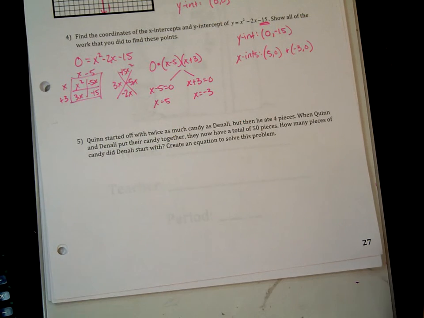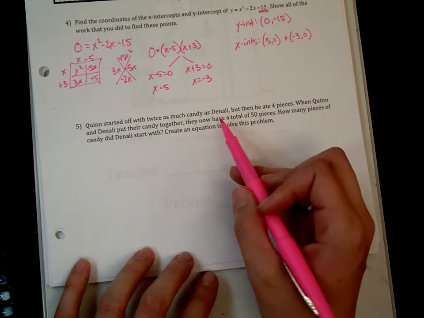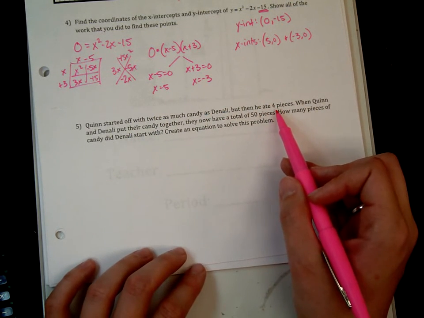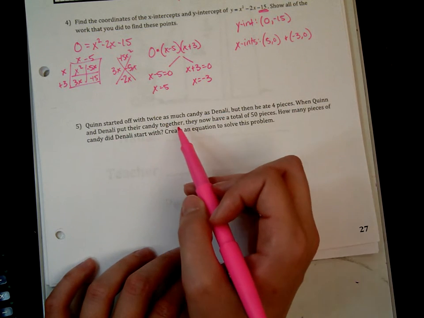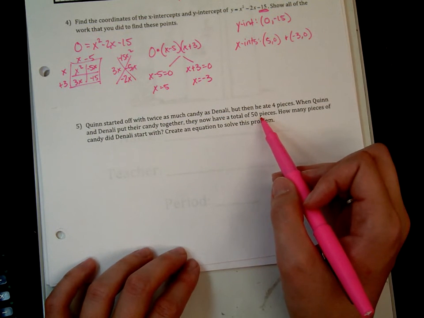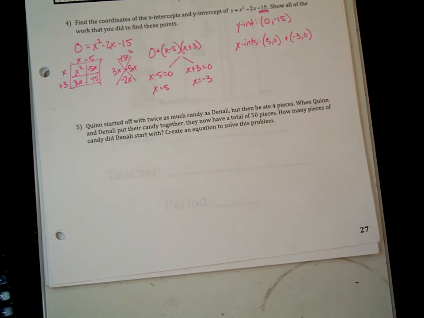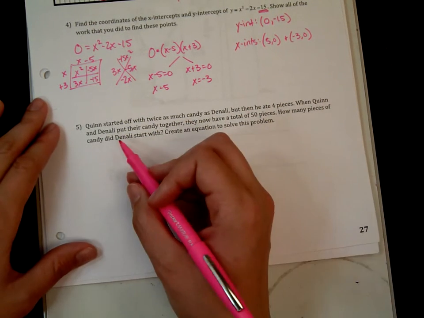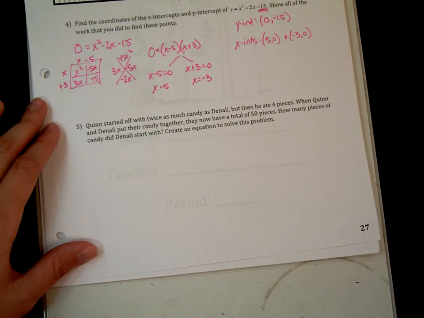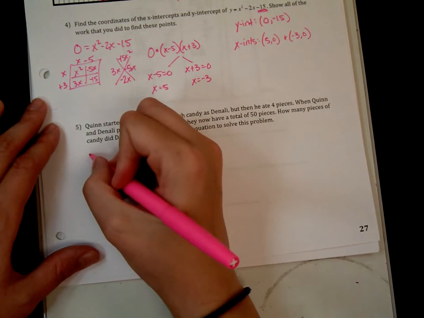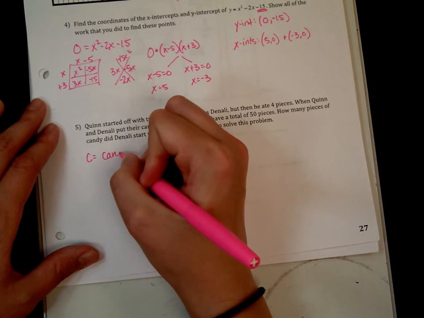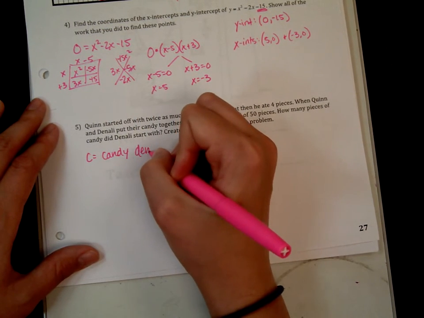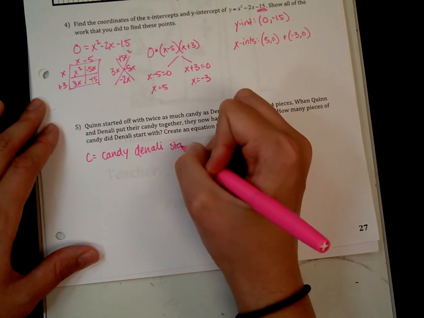Quinn started off with twice as much candy as Denali, but then he ate 4 pieces. When Quinn and Denali put their candy together, they have a total of 50 pieces. How many pieces of candy did Denali start with? Create an equation to solve this problem. So we want to know how many pieces of candy did Denali start with. So if C equals the candy Denali started with,